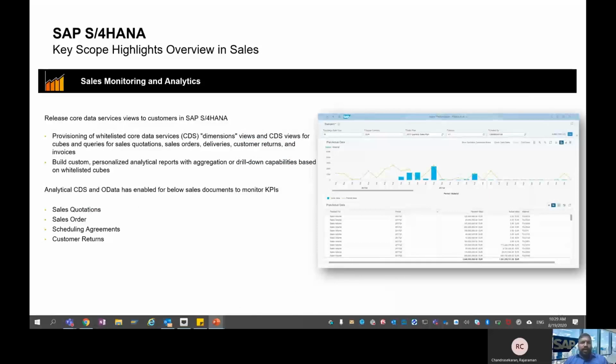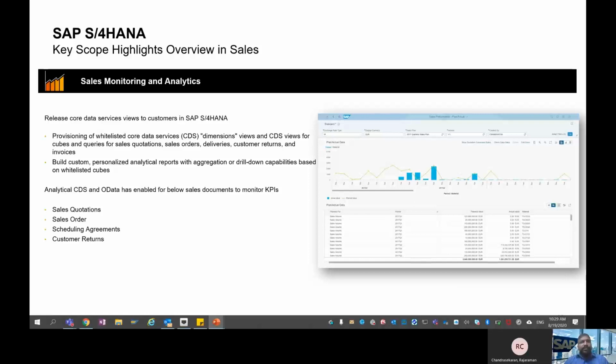Moving into monitoring and analysis, sales monitoring analysis, the most important part we have to explain here is what is provisioned. We have provisioned whitelisted CDS views or core data services for cubes and queries for sales quotations, sales orders, deliveries, customer returns, and invoices.